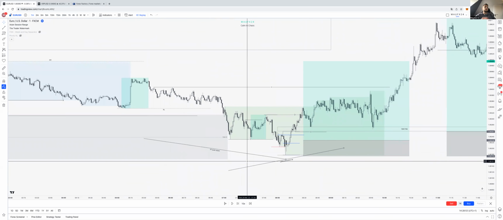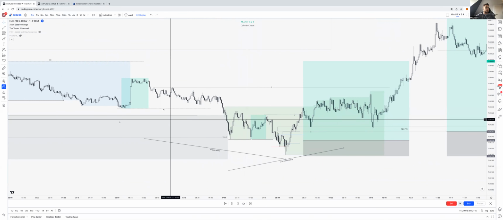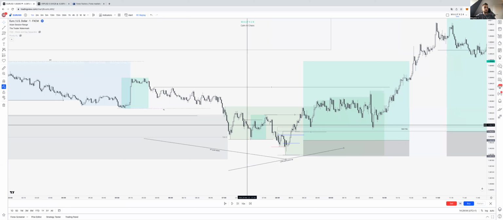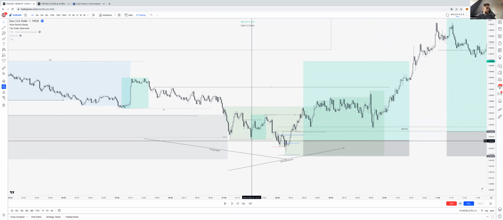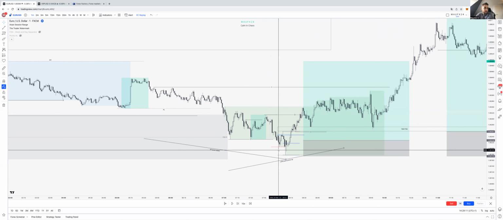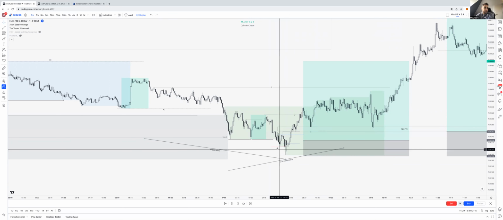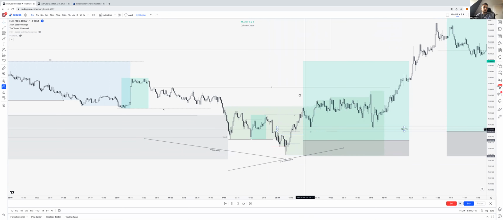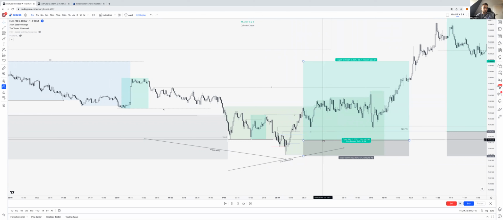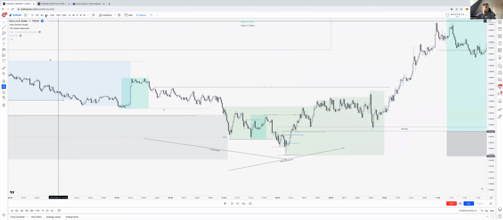So then with the idea of Frankfurt pushing price down and London pushing price up, so to get that London swing essentially, we waited, structure got created, we got our early buyers here, we got another set of minor early buyers taking out this high that led to this low as well. And then coming down, trickling down, we get a 1 minute swing or market shift over here, this liquidity being taken to the upside, and that one provided no entry. There was no entry there, price never came back. Then we made a 5 minute market shift,